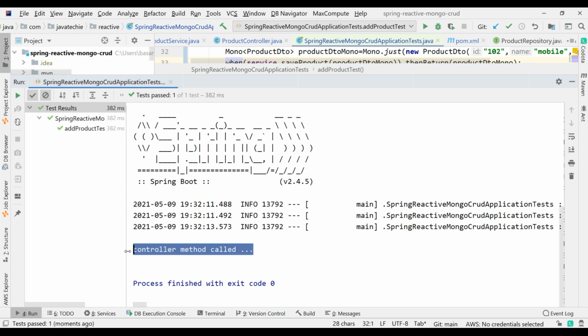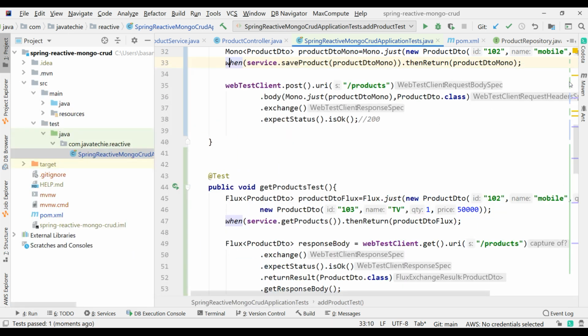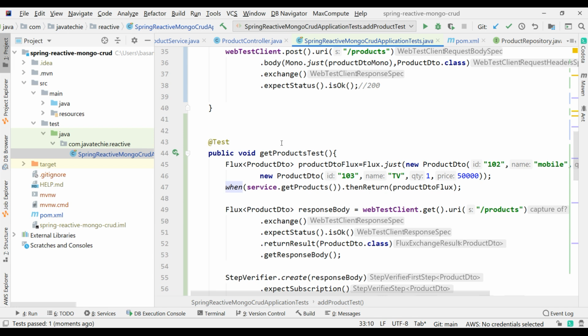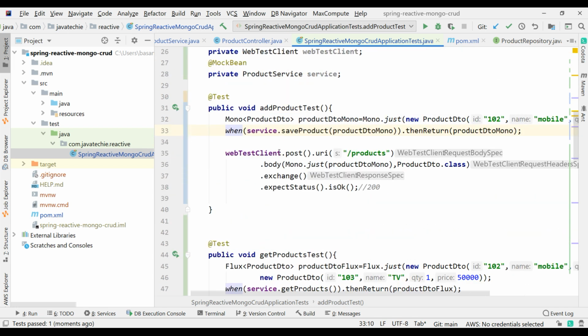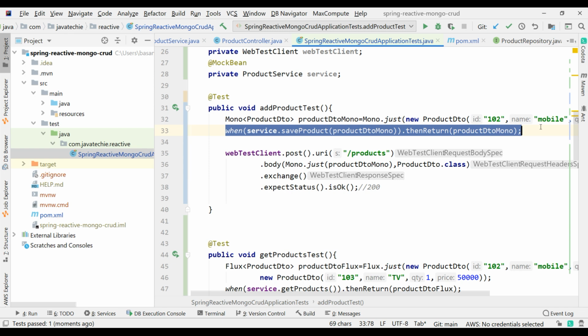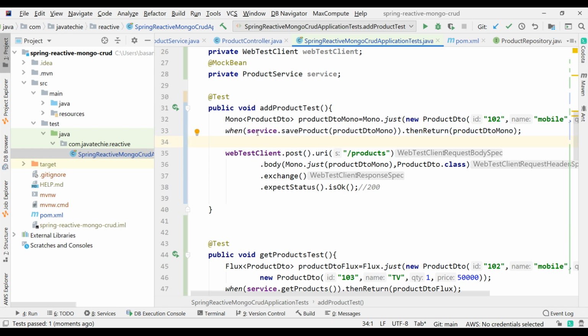Only the controller method call. There is no service call also, because if you observe in add product or any of the methods, we are just mocking the service layer. We are not even mocking the repo, we are directly mocking the service layer. When I do this service.saveProduct, it returns this object directly from my controller itself. That's how we are giving the URL and accessing our controller. So I mentioned wrongly initially that we are mocking the repo, but we are mocking the service itself.